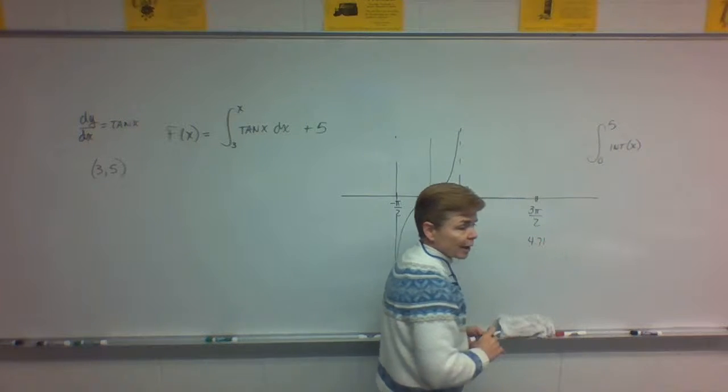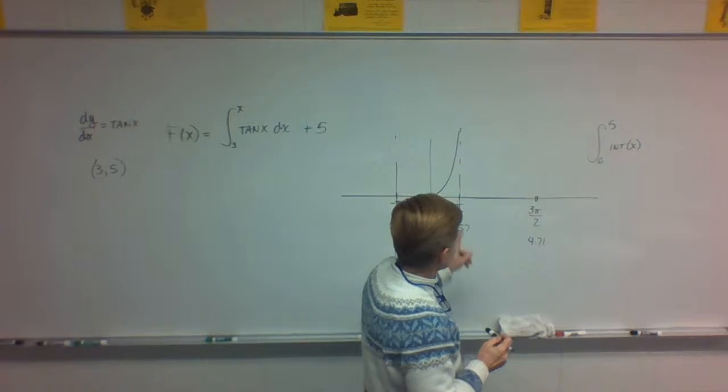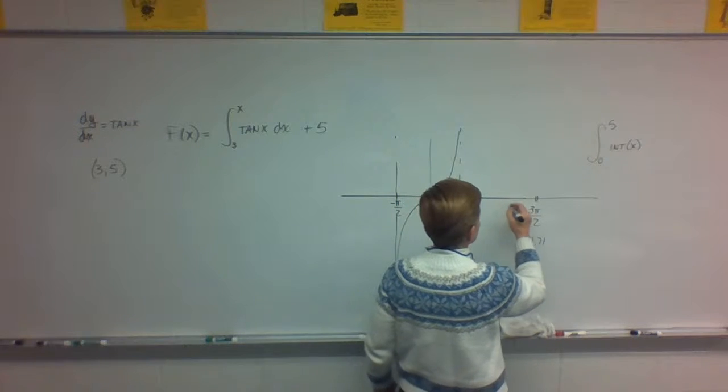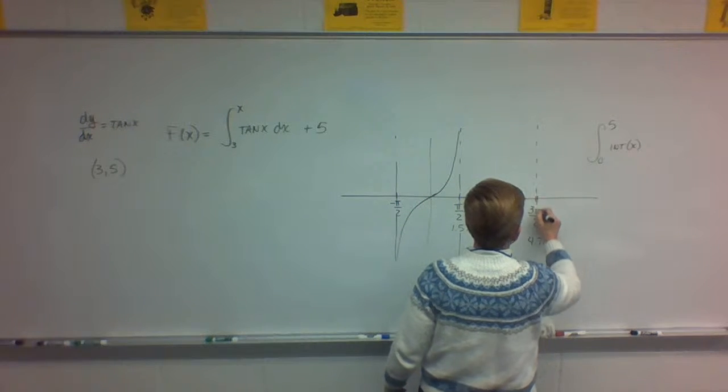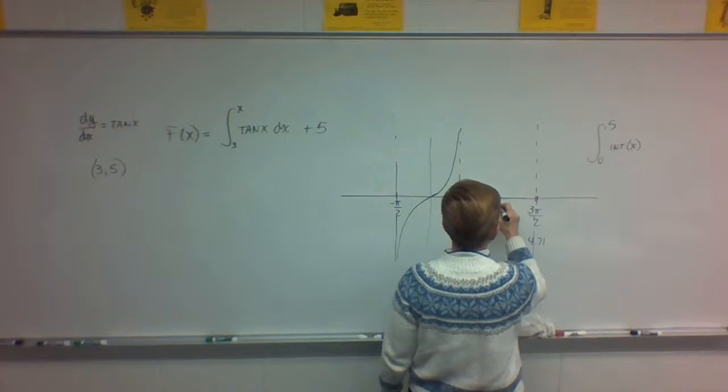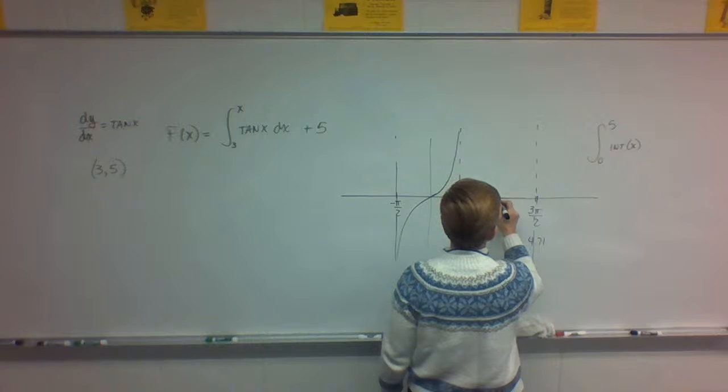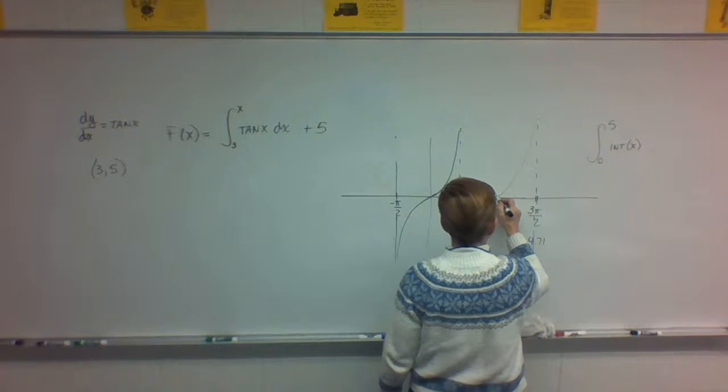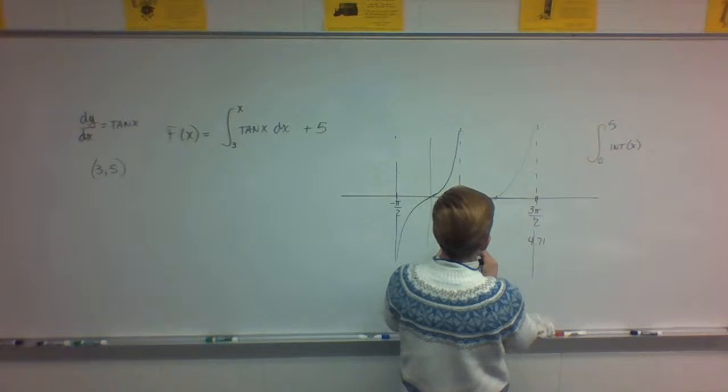4.71 is about where that occurs. So between here and here is where our 3 is going to be. And so we put an asymptote here and a branch of the curve here. It goes right through the middle just like the other one does. It just behaves just like it. Goes up like that, comes down like this. And 3 is at about